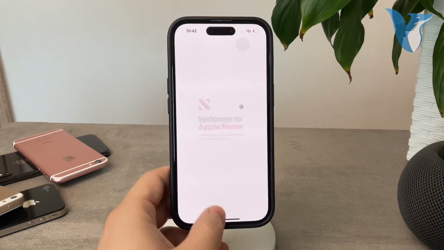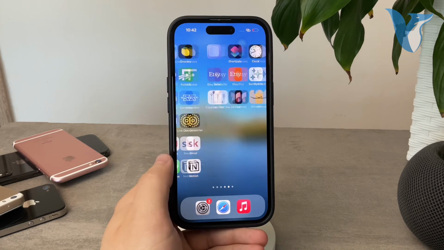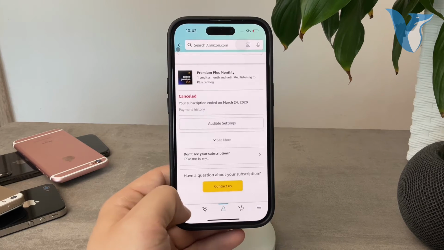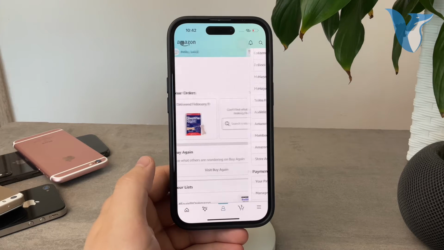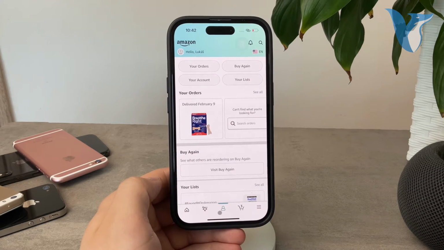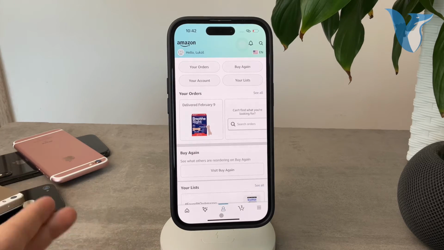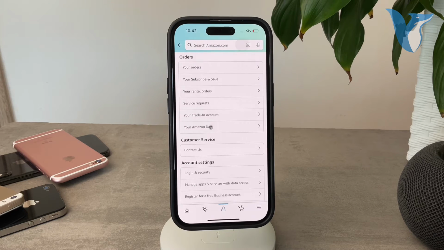However, you might not have it inside of here. Instead, you might only be able to find it inside of the Amazon account. So for this, I would recommend you to download the Amazon app. So open it up like this. And as you go in here, you are at the home section right there. And what you have to do is just click on the profile at the bottom. At first, naturally, make sure that you're signed in, that you are logged in with your account. Once you do, just click on the profile section right here, click on your account, which is right there, and